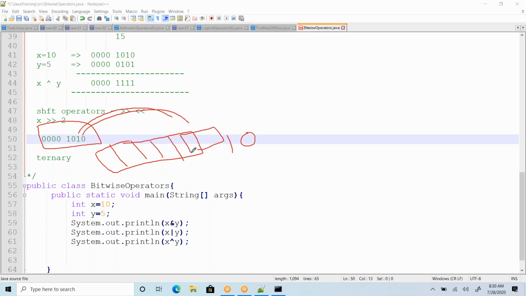So I have a total of 8 bits. The last 4 bits, if you look at 1 0 1 0 1 0 1 0. Now I'm losing these 2 bits because I'm shifting. This bit comes to this place, this bit comes to this place, and all these bits are shifting in the right direction.